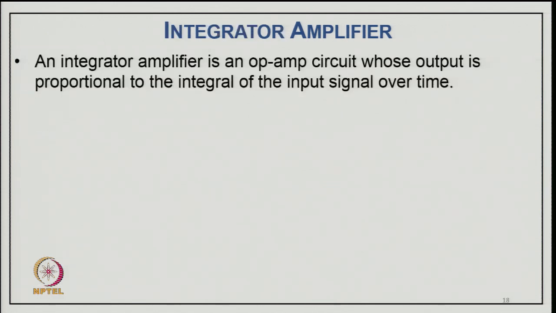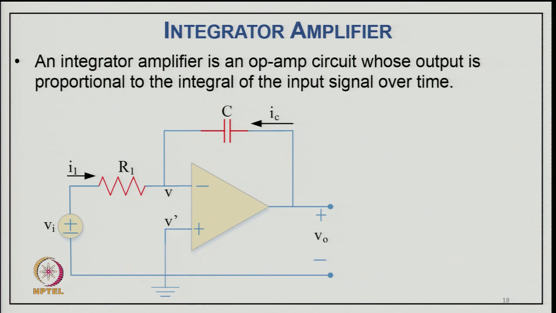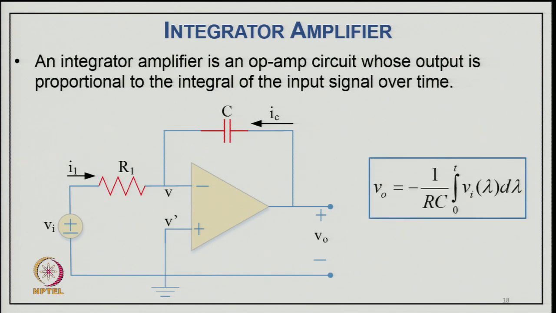Now, coming to the integrator amplifier, it is an operational circuit whose output is proportional to the integration of the input signal. Here you have the input signal to the negative terminal through R1 as a voltage source, which has an I1 current, and you have the output with the capacitor in feedback with the IC current, and all are with respect to ground, and the positive terminal is also ground. So both V dash and V are at ground potential and the two currents are equal. So, here you can say